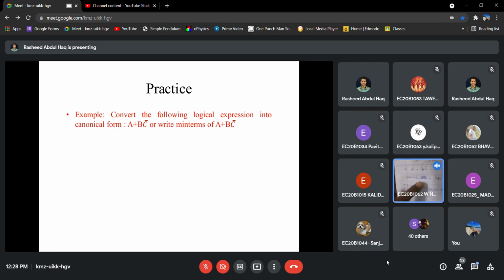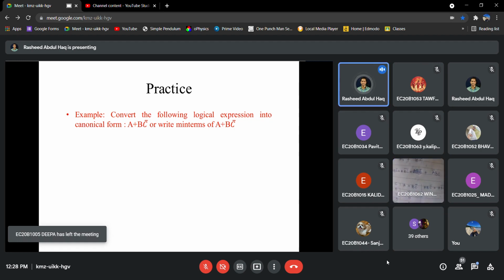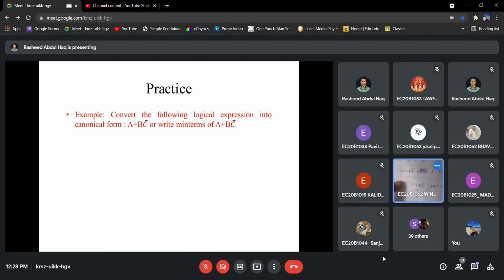So this 1, 2, 3. Okay, A, B, C bar. A, BC bar, for BC alone, 1 bar above. BC bar. Then an extra bar. Why? That you can cancel, right? A, B bar, C. How, sir? A bar, sir, a total bar means what happens? B, it will become B bar, C. Sir, we can't do that now, sir. Why?